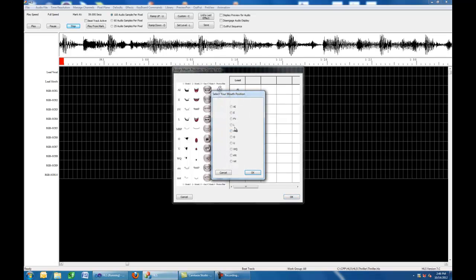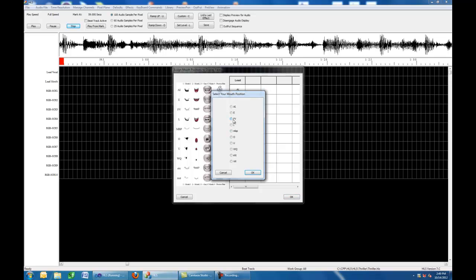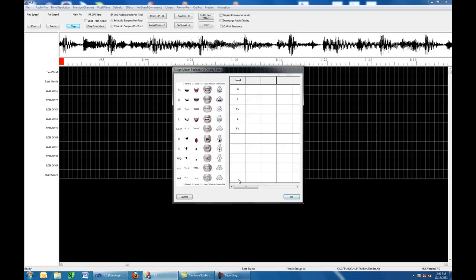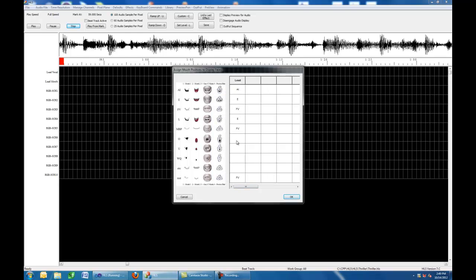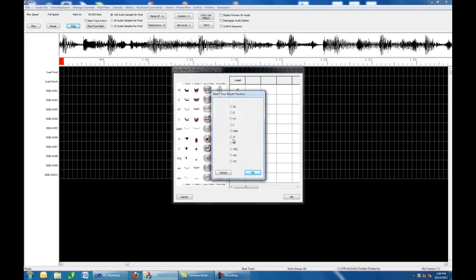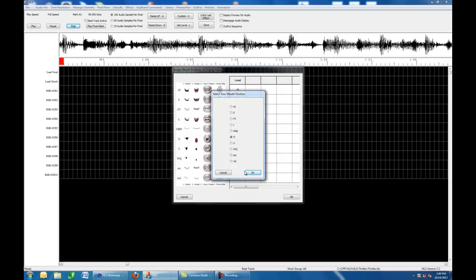FV, we're going to map to FV. We're going to map MVP to FV. And we're going to map REST to FV. We're going to map O to O. We're going to map U to O, WQ,